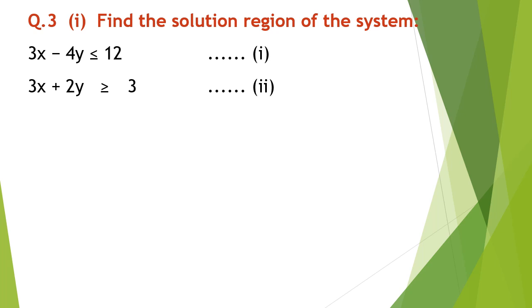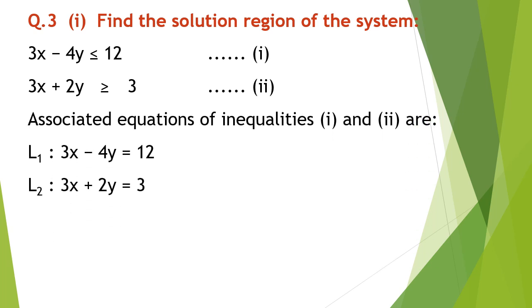the sign of equality. For the associated equation of inequalities 1 and 2, we replace the sign of inequalities with the sign of equality. We will get 3x minus 4y equals 12, which is L1, the associated equation of the first inequality, and then 3x plus 2y equals 3, L2, is the associated equation related to inequality 2. Students, simply we will find the associated equations of inequalities by replacing our sign of inequality with the sign